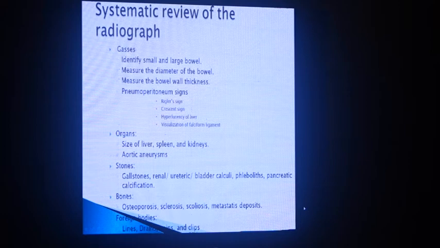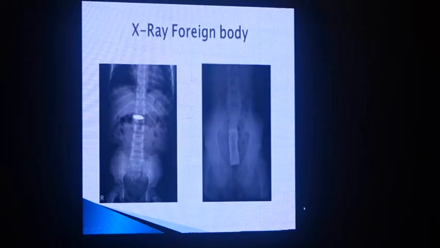We can very well see these Ryle's tubes, Foley's, rings, everything, clamps, everything. And coming to the foreign bodies, coin in the stomach, or it can be in the gut also. On the right side, what can we see? What is this? There is a radio-opaque shadow in the pelvic cavity. There is a very interesting story behind this skiagram of the abdomen. Yes, it is a foreign body.